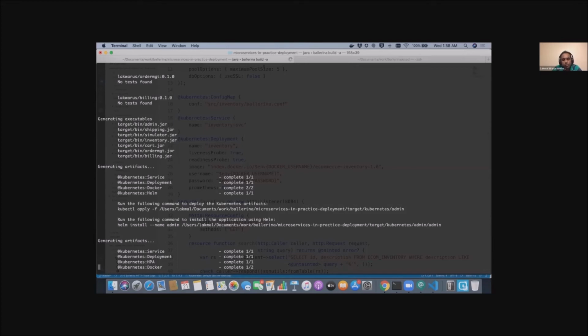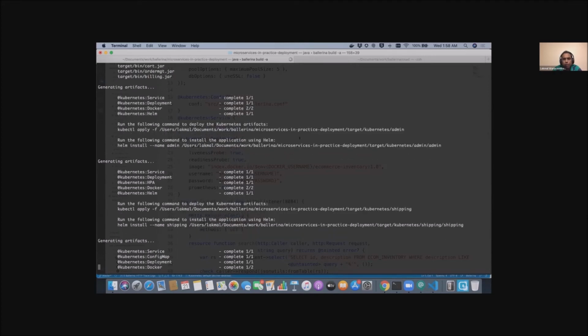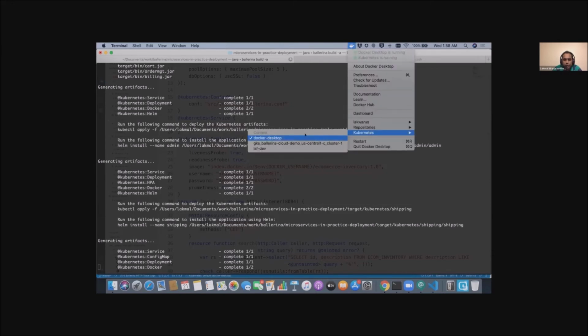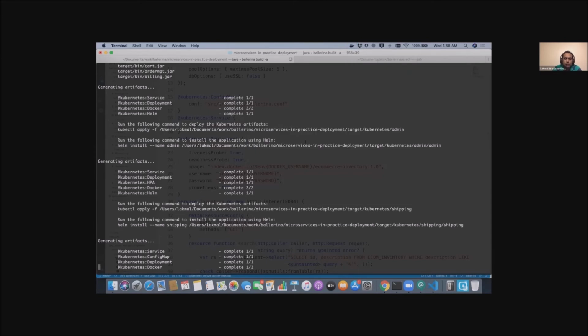This time I'm going to deploy this into the Kubernetes cluster running in Google Cloud. So I'm going to change my kubectl to work with my Google cluster. You can see it generating all the artifacts. Let's give it a couple of seconds.